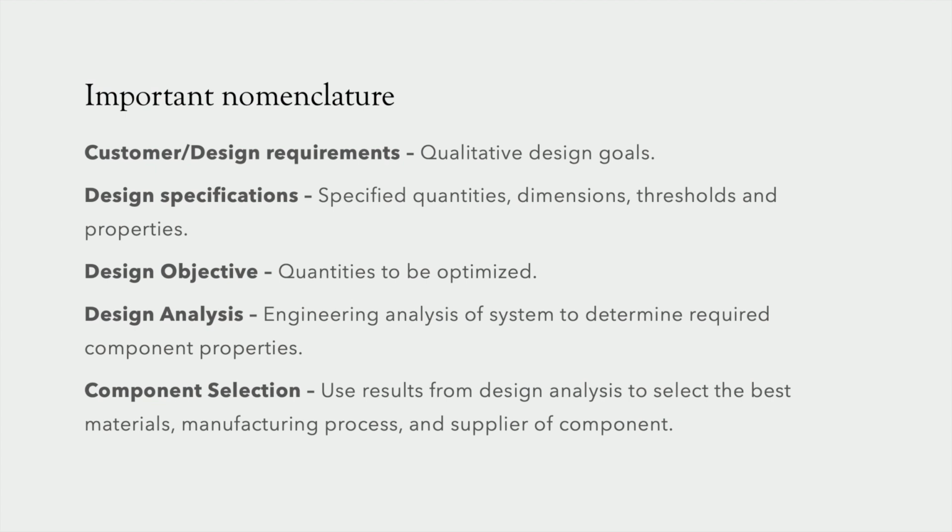Design specifications will be specified quantities, dimensions, thresholds, and properties. The design objective will be quantities to be optimized. Design analysis will be engineering analysis of the system to determine required component properties. Component selection will be using the results from design analysis to select the best materials, manufacturing process, and supplier of